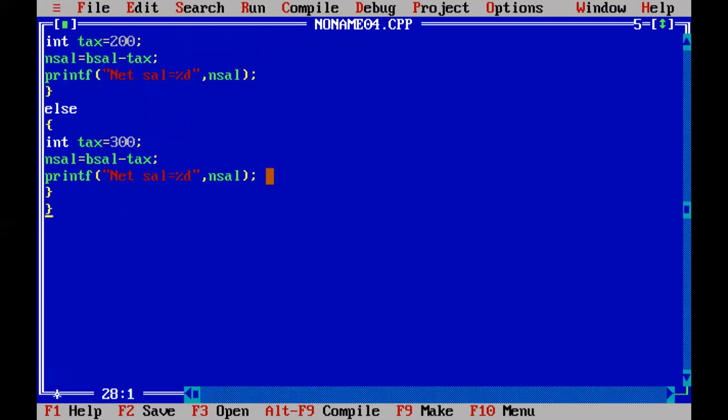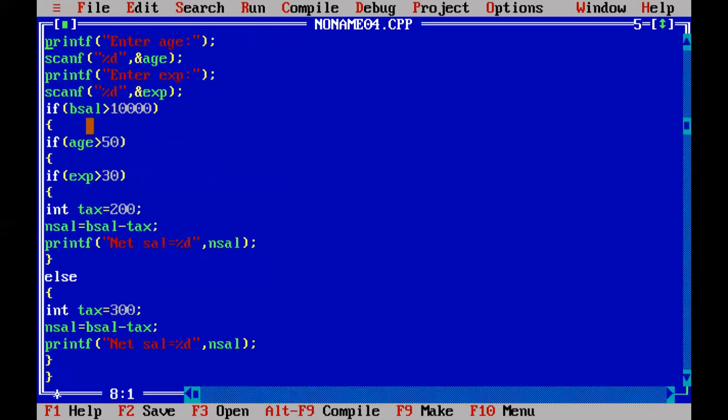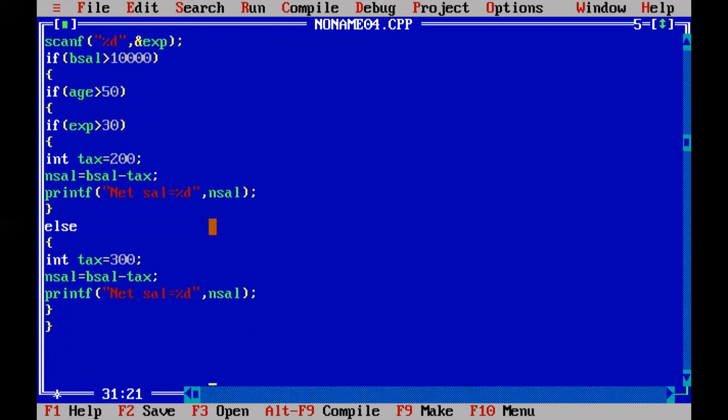What is the middle if telling about? Age. If he's not having that much age, he's a very small person, maybe 30, 20, like that, then what should happen? Let us put another else for that. It means the middle if is failing, so that middle else is going to work like this. Middle else, I'll go with the